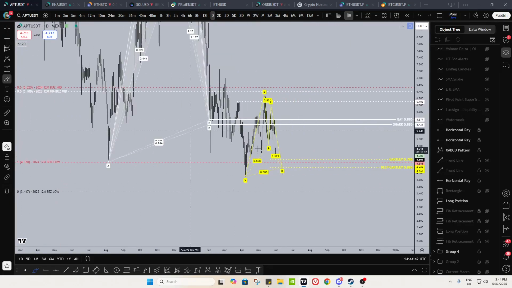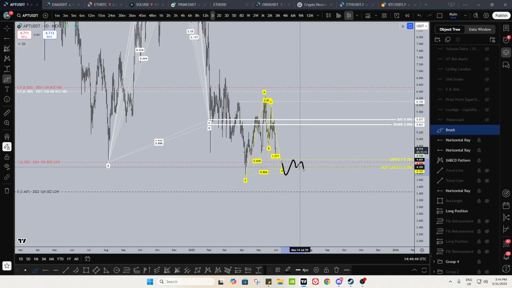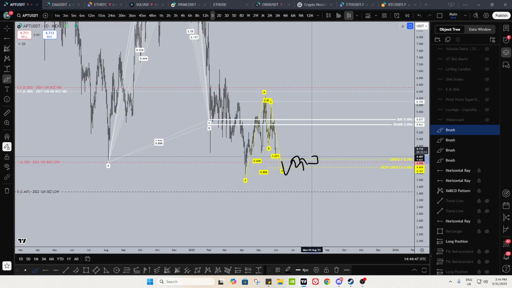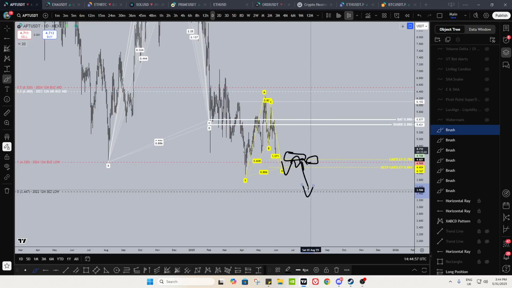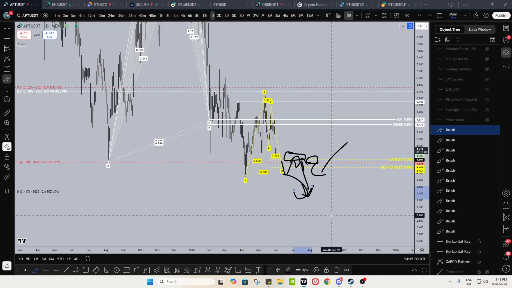However, should we come down and should we start turning this to resistance, you can look for a scalp short to hedge your spot bags. I'm not even going to tell you to cut your spot bags if you don't want to, because at these levels you can instead just scalp your spot bag, or rather hedge your spot bag. Whatever lower price you go to, just take profits of that, put it back into spot. Whether you get rid of your spot bags or not is up to you.